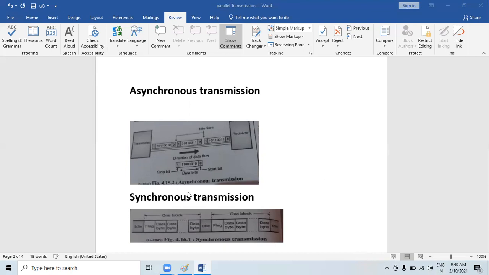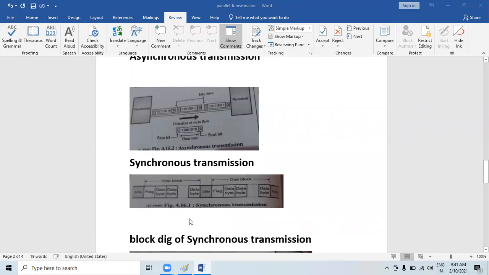When the receiver detects a start bit, it will set a timer and begin counting bits as they come in. After n bits, the receiver searches for the stop bit. Then as soon as it detects the stop bit, it will wait until it detects the next start bit. So the meaning of asynchronous is that it is asynchronous at the byte level, but the bits are still synchronized, so their durations are the same. So this is about asynchronous transmission.